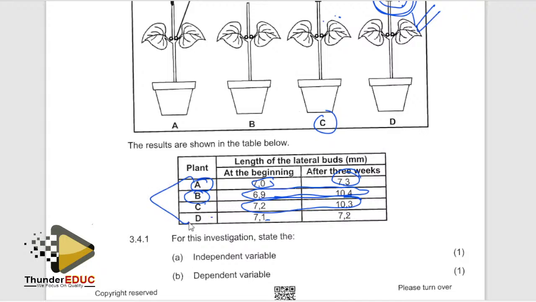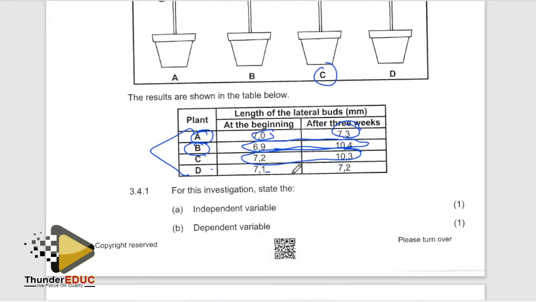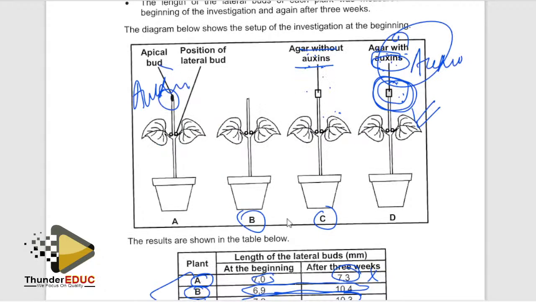So let's look at A and D. The auxins were there. This had auxin, and D also had auxins at the tip. So the lateral branches do not grow that much. You see, while this B and C, because they said without auxin, they didn't